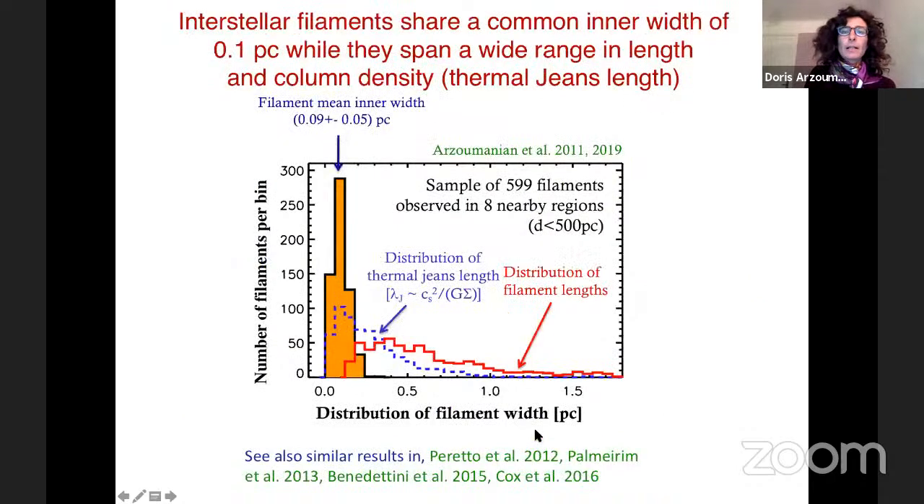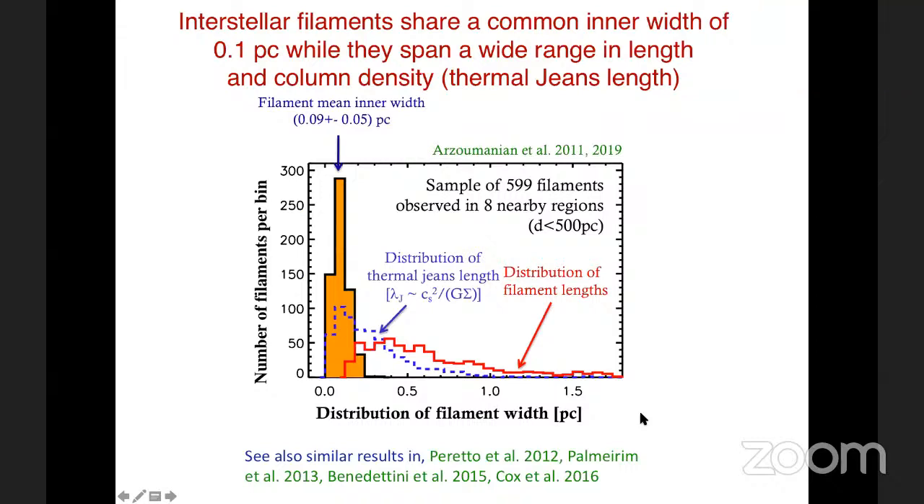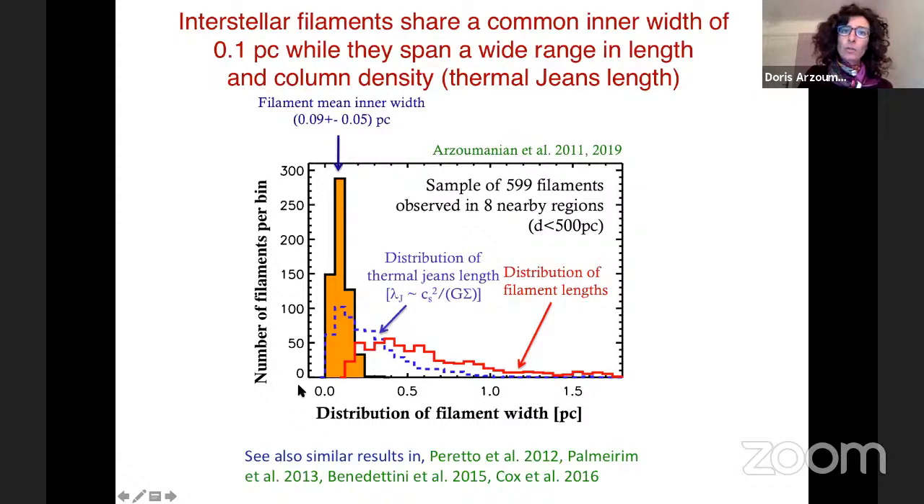And so this was a very surprising result, which is also derived from the analysis of a large sample of filaments. So here it's about 600 filaments observed in different star-forming regions. And then the result of the analysis of the column density profiles and the fitting of this column density profile, as I mentioned earlier, shows that all these filaments seem to share the same central width of 0.1 parsec,